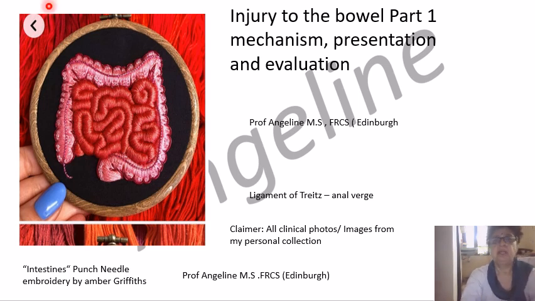Now, when I say bowel, it starts from the ligament of Treitz. The ligament of Treitz is somewhere there, and it involves the whole of the small intestine and the large intestine, up to the anus. So it's very broad. I'll try to give you as generic an explanation as possible. It's difficult for me to cover injuries to the duodenum, jejunum, right colon, intraperitoneal rectum, extraperitoneal rectum and anus, so it will be a very broad overview of injuries to the bowel.